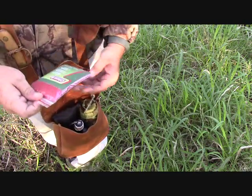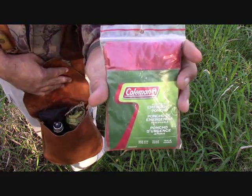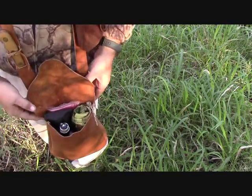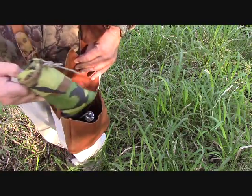I have a cheap Coleman poncho that I carry with me in case I get caught out in the rain, and for ground cloth for shelter building. And the reason I say ground cloth is my wife Amy made me,